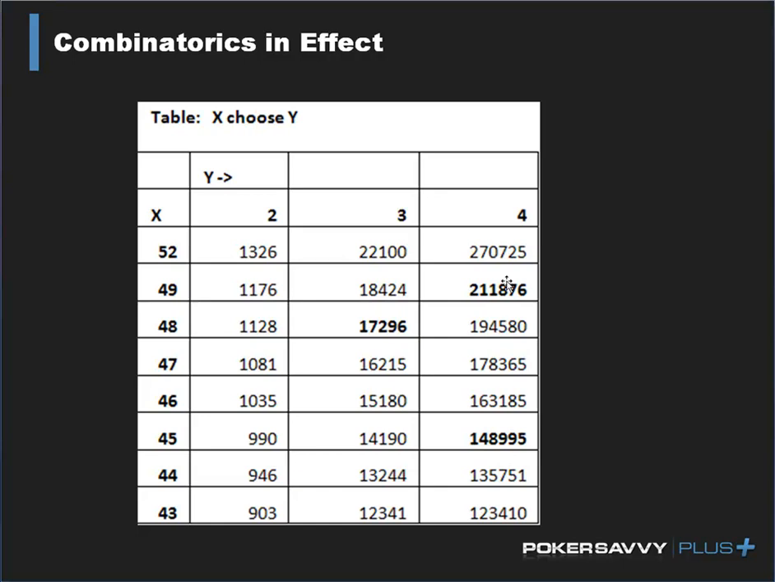Anyway, that's what the 211,876 is, and it's one of the two most important card removal subsets, or combinatoric calculation sets of data: 49 choose 4. The second most interesting one, or companion to this one, is 17,296. That is 48 choose 3, and this gives us that data on, given a specific starting hand, what the flop